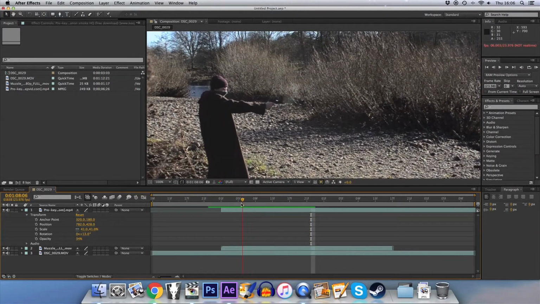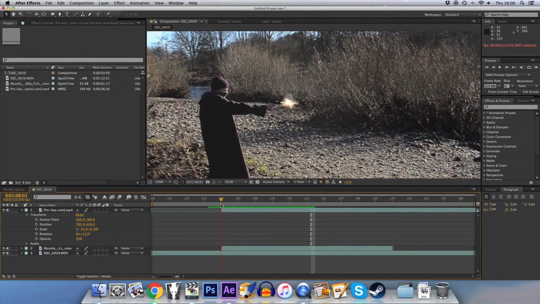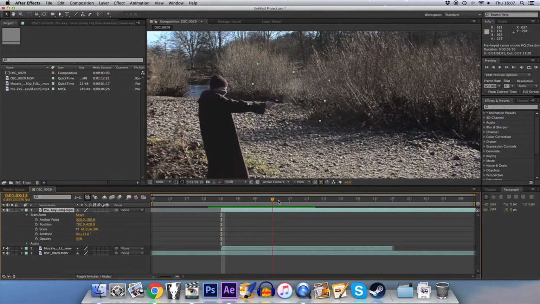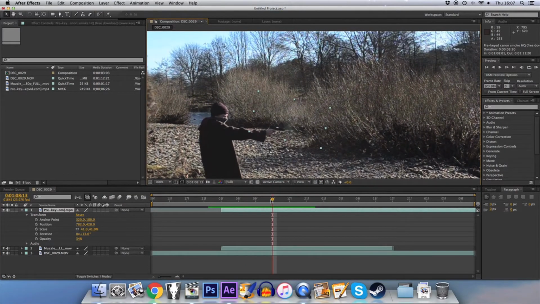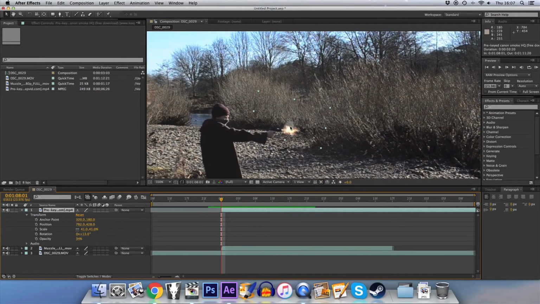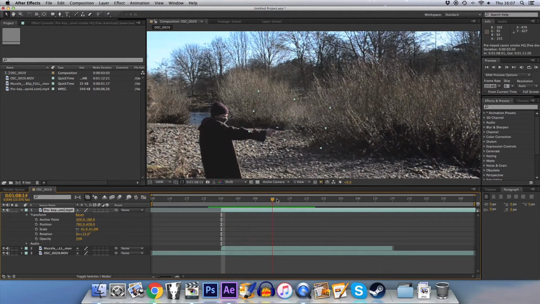What you can do then, and if I was doing this for the actual film, I would then motion track this to the background. This background might prove a little bit tricky because it's so noisy with all the different branches there, but really if you just find a point to latch onto, like that one there, maybe motion track the background, perhaps not there because they're moving a bit in the wind, maybe one of the trees in the background, perhaps motion track that, apply the data to this smoke layer